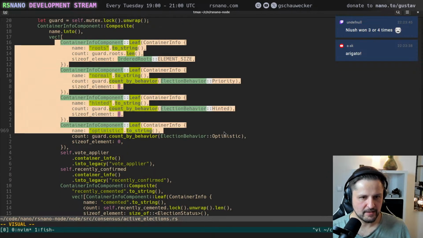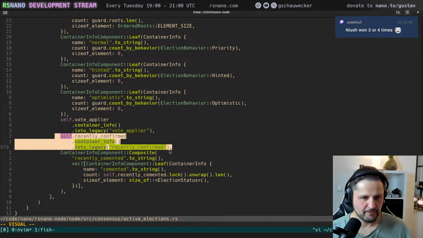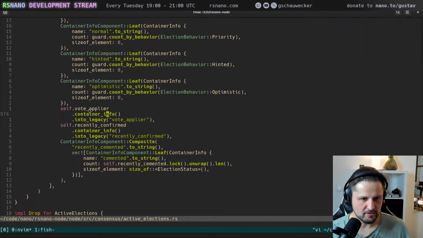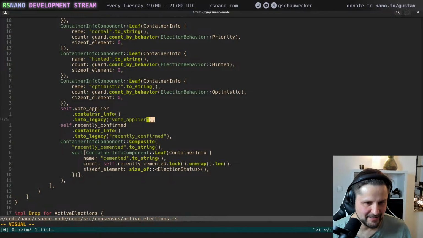We have to go to the vote applier and recently confirmed cache first before we can convert this to the new structure. Let's go to the vote applier. No, this is already ported. It's already refactored to the new one. It calls into legacy.